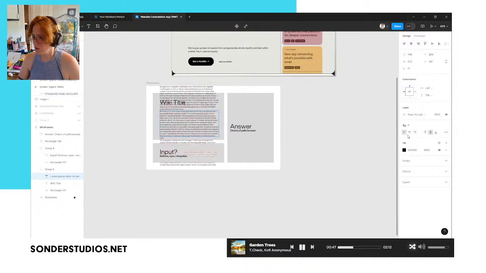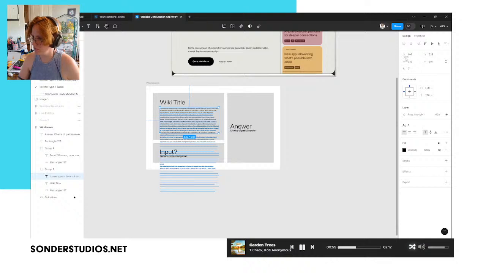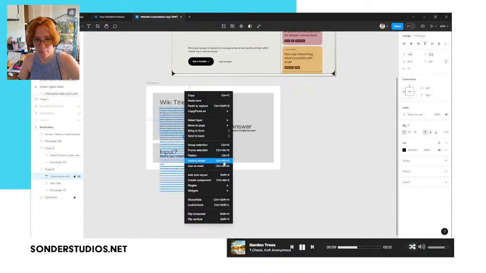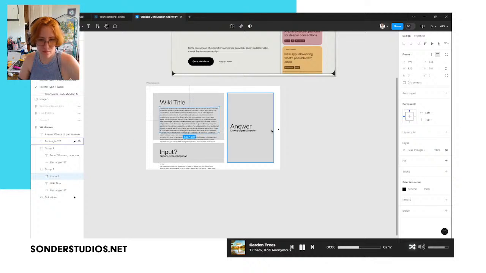And, do I do overflow hidden for a text box? Do I have to frame it? I might have to frame it. Flip content.